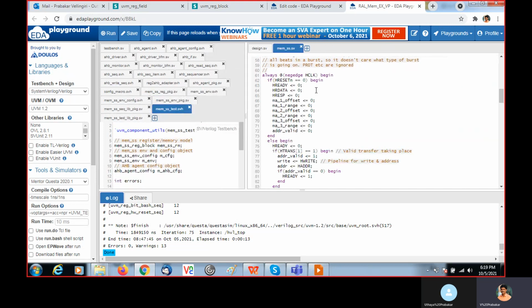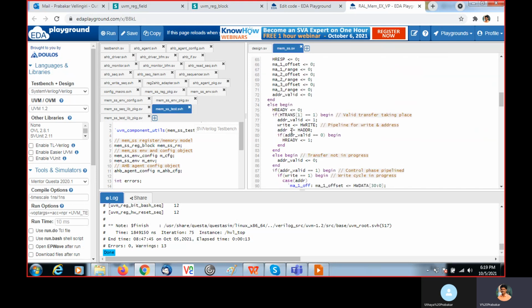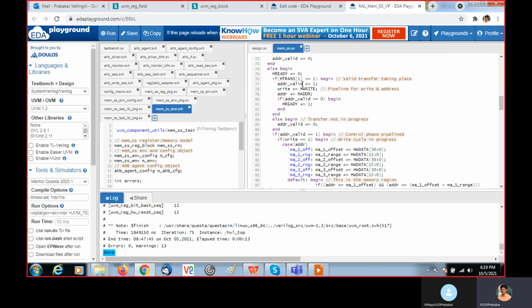During the negedge of HCLK, when reset is applied, we have to make all these variables go to their default state. All are moved to default state 0. Then in the else part, when HTRANS is 1, we make address valid as 1, and HWRITE is assigned for write here.